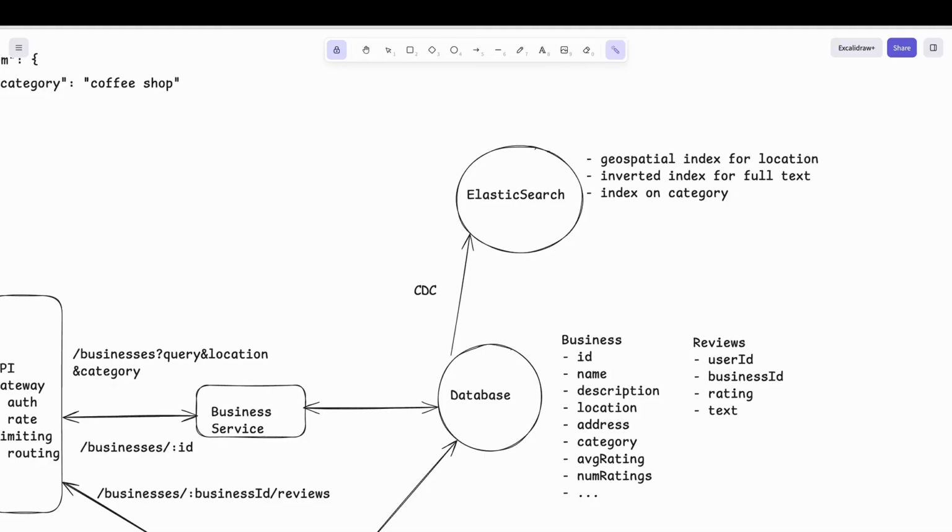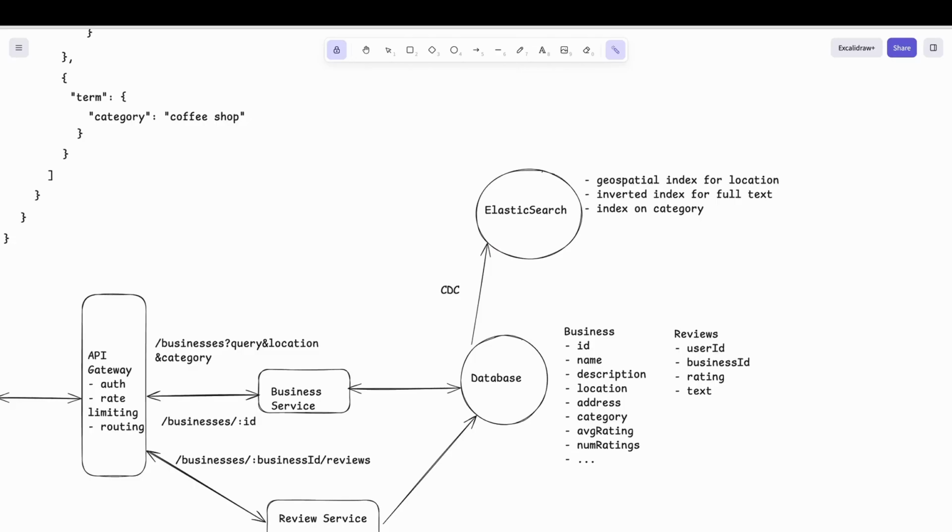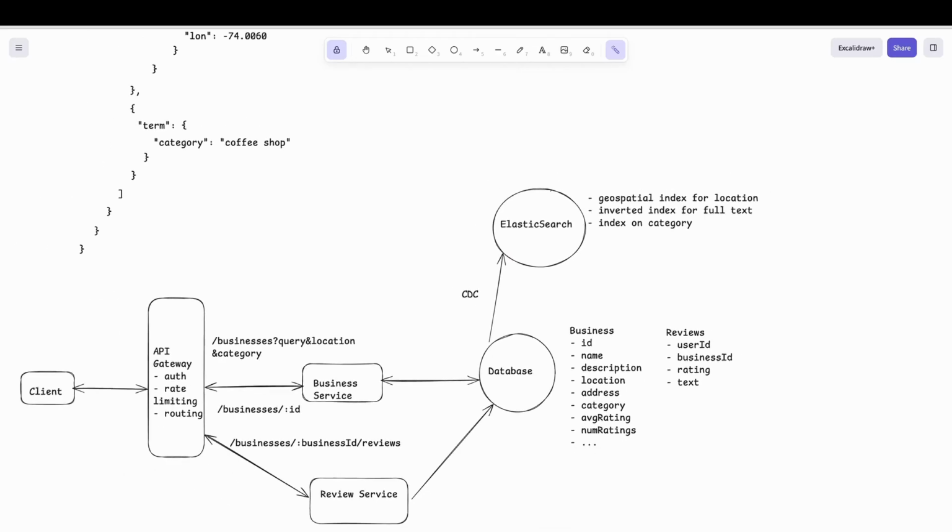And here to sync our data, whatever entries we have inside our database, we can periodically do CDC logical replication, or introduce a queue, and then from the queue we push it to our Elasticsearch via a worker or consumer, so that with eventual consistency the data will be getting pushed to our Elasticsearch. This way we can ensure that our search latency is met,